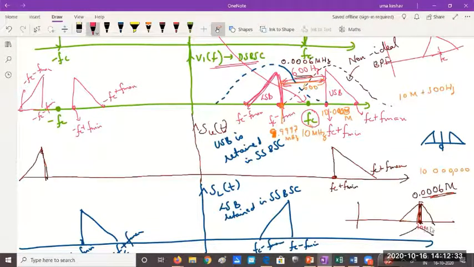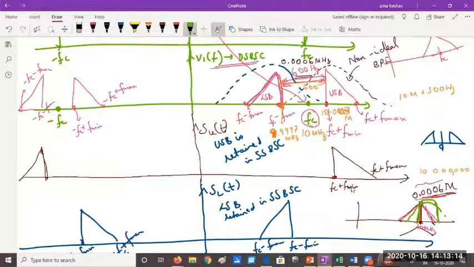If the carrier frequency is as large as 10 megahertz or so, how much is 600 hertz in comparison to 10 mega? It will be something around 0.0006 mega, which is very, very small. You hardly notice the gap between the two sidebands. It is as though they are attached, a very small gap. So imagine the filter which I should design. It should take in only this part. It should be almost ideal. It should fall off suddenly like this. I can't have a filter like this because it will take out the other sideband.